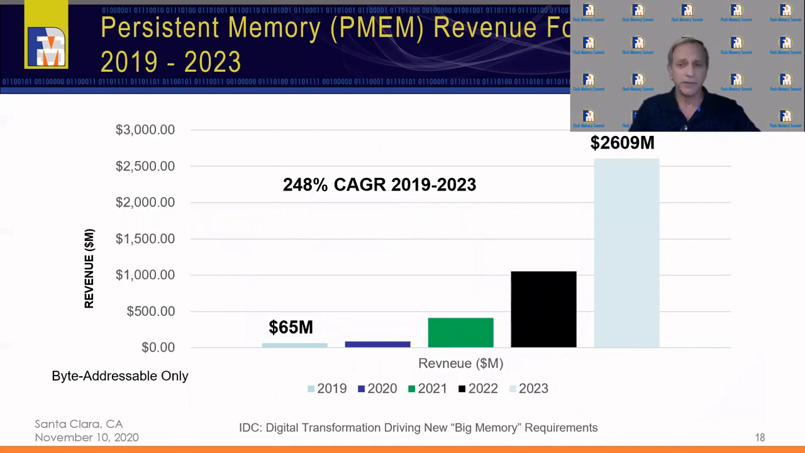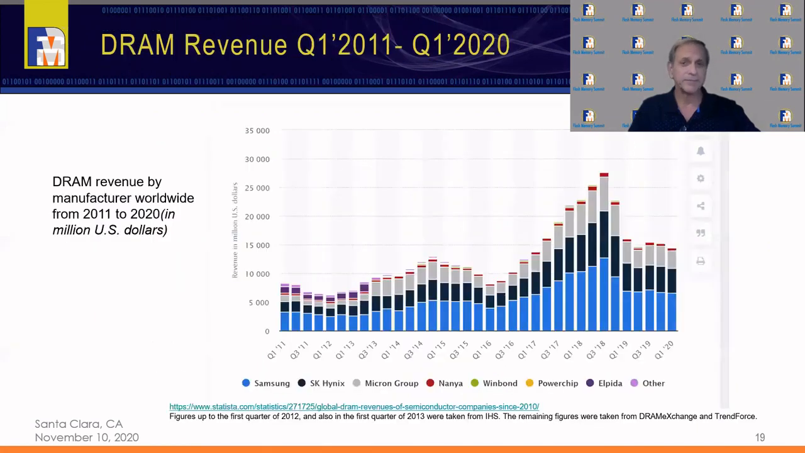Persistent memory is a growing market. IDC predicts the market for persistent memory will rise at a compound annual growth rate of almost 250%. This will result in a $2.6 billion market in 3 years. That's an attractive growth rate, but for perspective, note that the market for DRAM is huge at about $60 billion